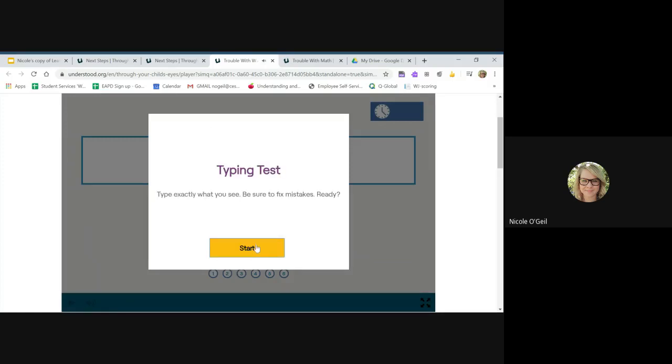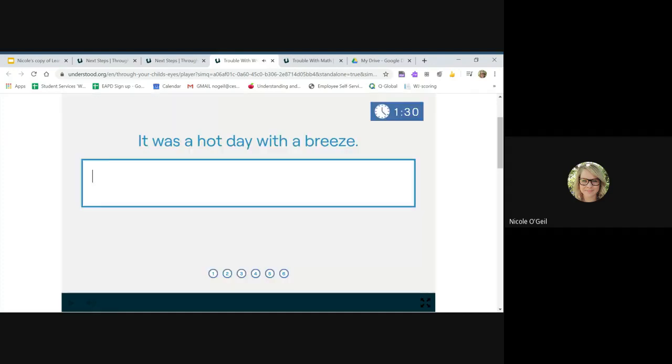So we're going to do a typing test, and I would encourage you to do this one, as well as there's an activity for reading and an activity for math, just to see the amount of frustration. And I'll try and navigate you through this test. We're just going to type as it says. And as you can see, I am not making these mistakes on purpose,